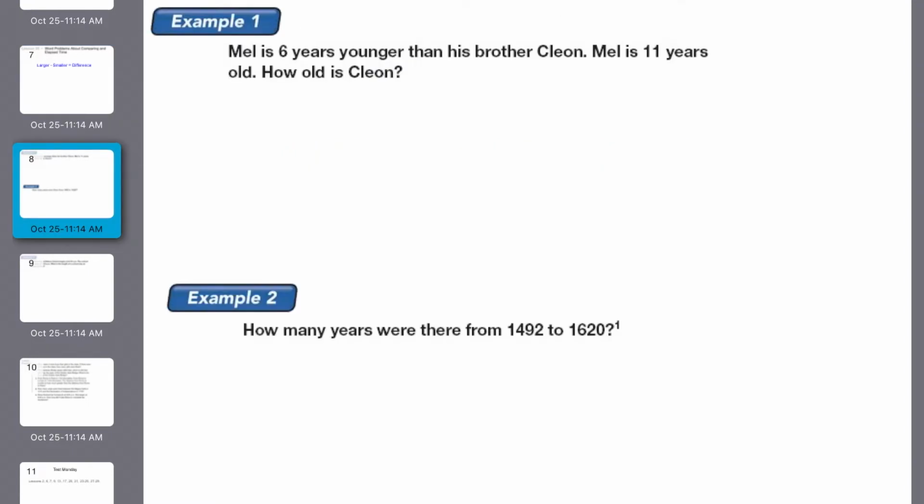Example 1 says Mel is 6 years younger than his brother Cleon. Mel is 11 years old. How old is Cleon? So we know that Mel is 11 years old, and he is 6 years younger than his brother. So if he's 11, and that's 6 years younger than Cleon, we could add 6 years to his age, and that should give us Cleon's age. So that would give us 17